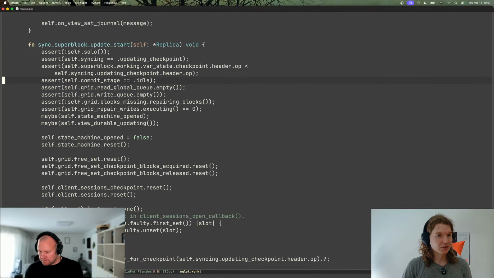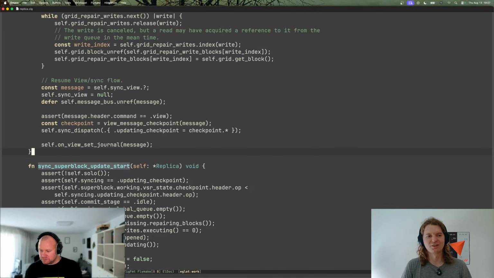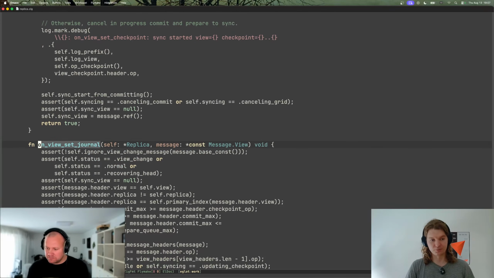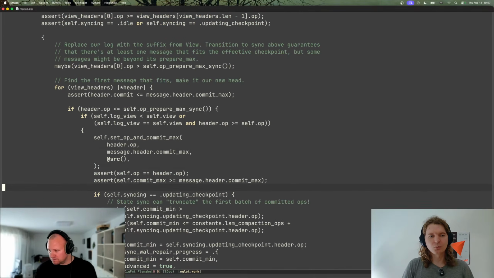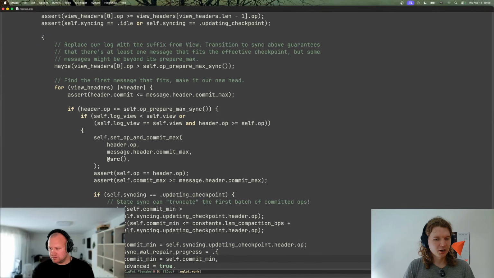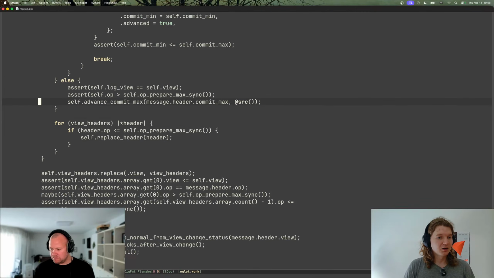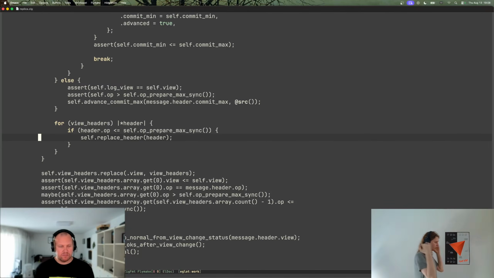Then we call on view set journal, and this is why I hate this control flow, because we call sync dispatch. Sync dispatch calls sync superblock update start, and then we go back to on view set journal. So in this on view set journal, what we do is that we replace the headers. We take the header messages in the view message and we just install them into our in-memory log,